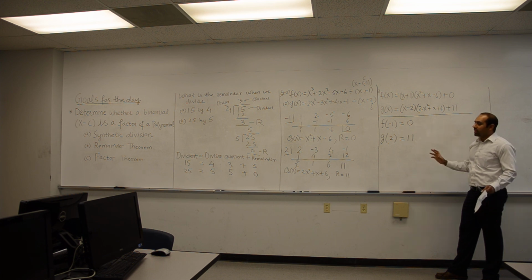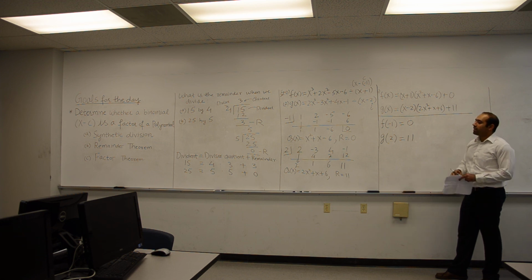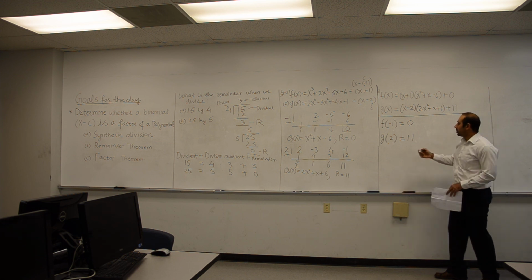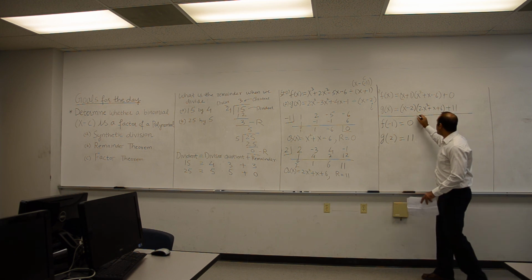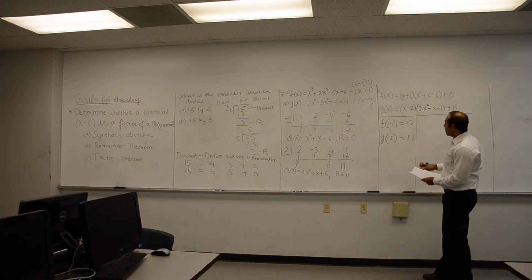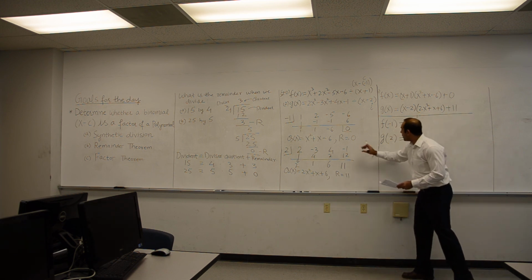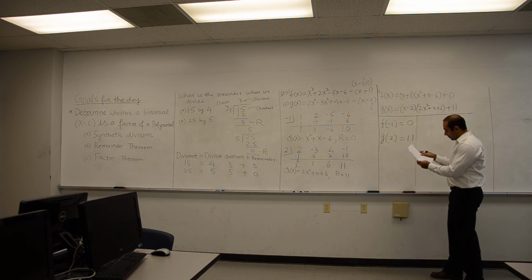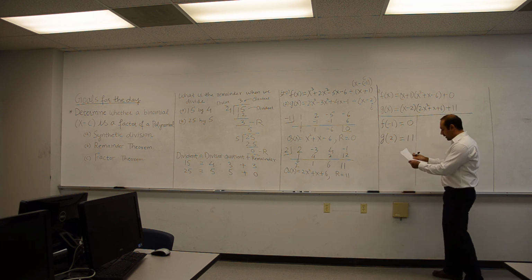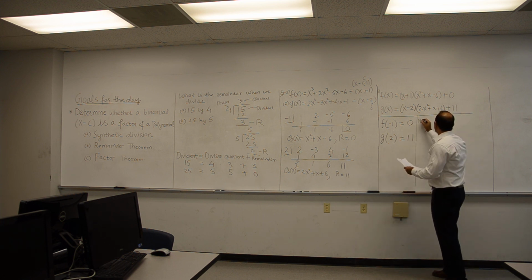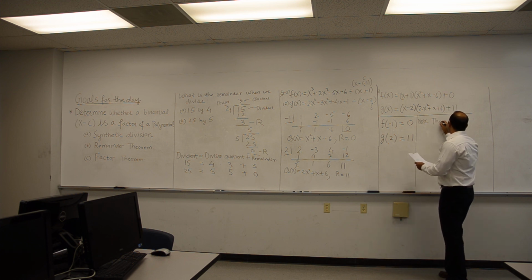So what we said was an informal way of saying the remainder theorem. Now let us formally write it and it will be more clear to you. So for these two cases, we could simply say that the function values